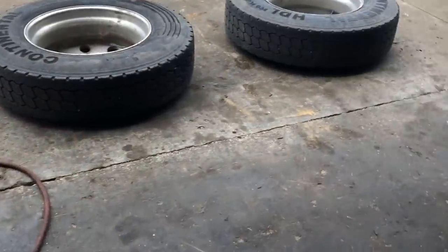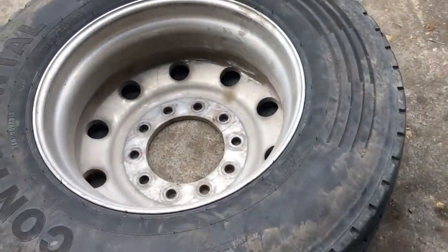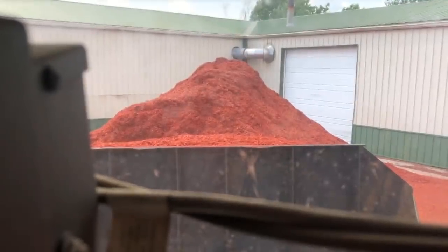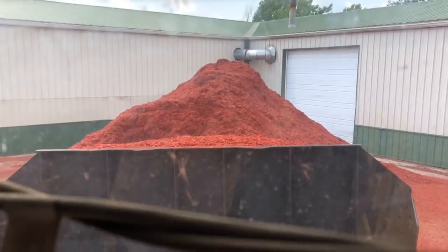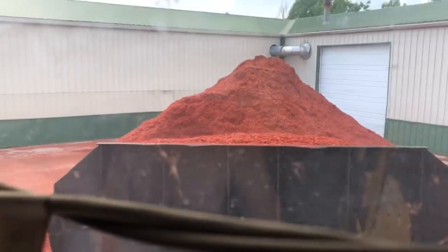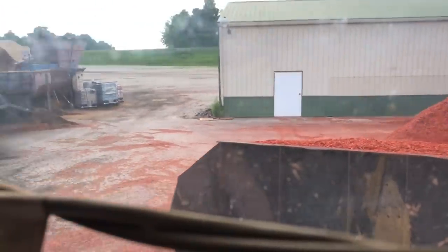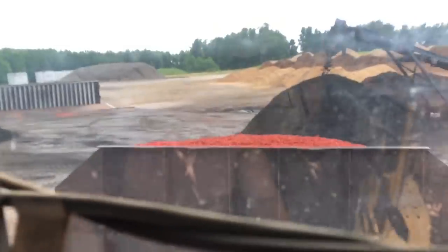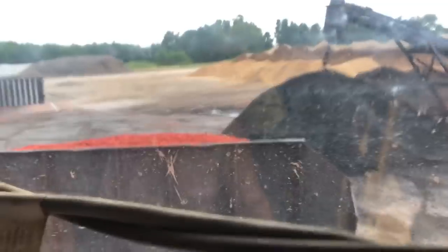Alright, let's wash these wheels before I put them on. Here's the before. And this time of year, mulching's pretty heavy duty. So I think after I got my tires rotated, I actually hauled some mulch